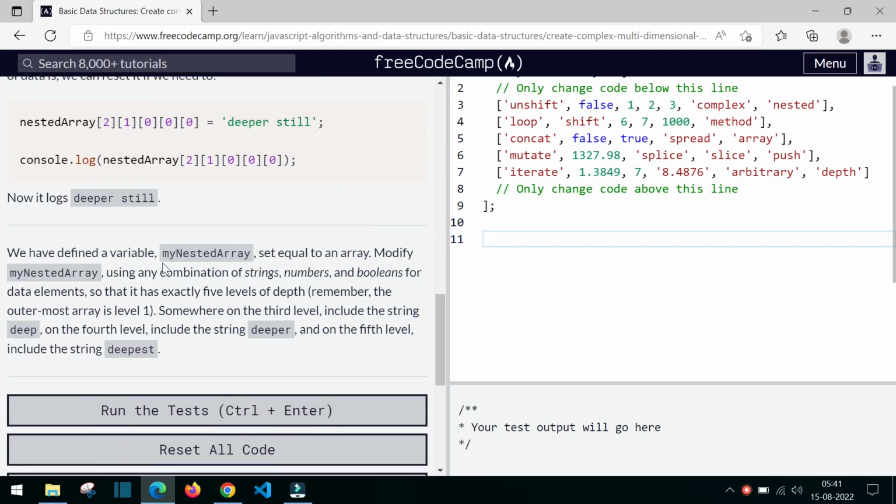we have defined the variable my_nested_array set equal to an array. So modify my_nested_array using any combination of strings, numbers and booleans. So the data elements should be strings or numbers or booleans, okay? So that it has exactly 5 levels of depth. So it is saying the array should have 5 levels of depth. Remember, the outermost array is level 1,